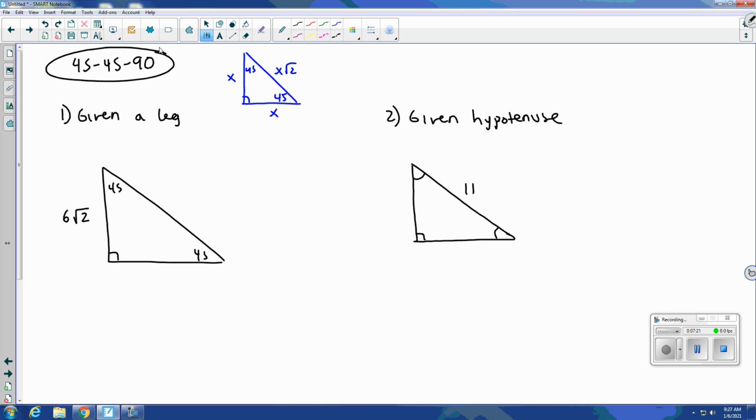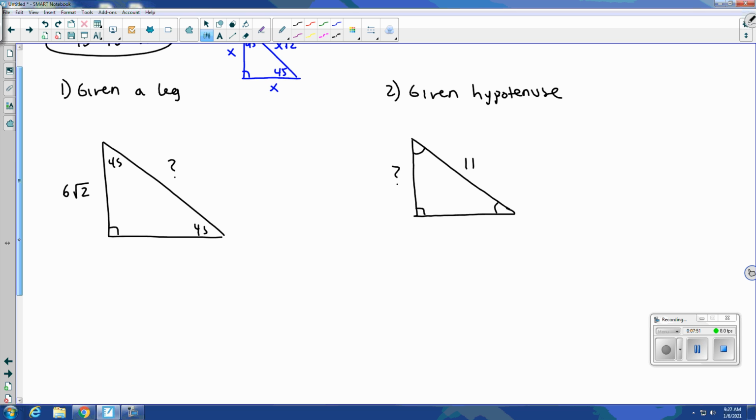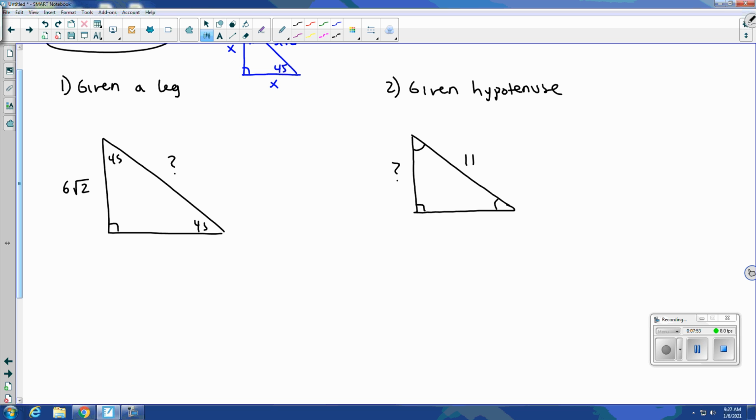Now, the luxury of the 45, 45, 90 is that it is an isosceles triangle. So if you have struggled with the idea of utilizing the special right triangles, you may notice that this is isosceles, and if I do have a leg, I could just say this other leg is 6 root 2 and use Pythagorean theorem to find the third side. So let's say for this problem, we just want to find the hypotenuse. That's the only thing it's asking. And for this over here, we just want to find one of the legs. When we are given a leg, again, you could just say the other leg must be 6 root 2 and